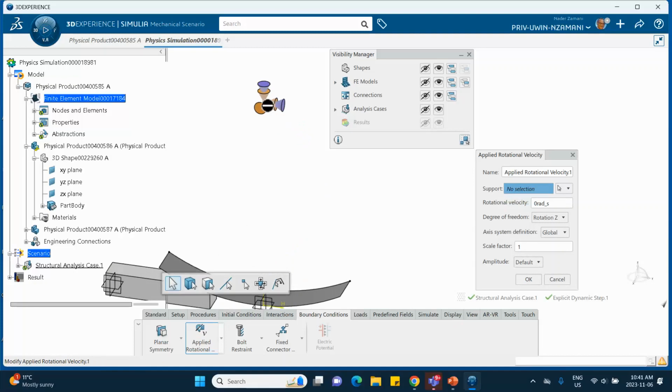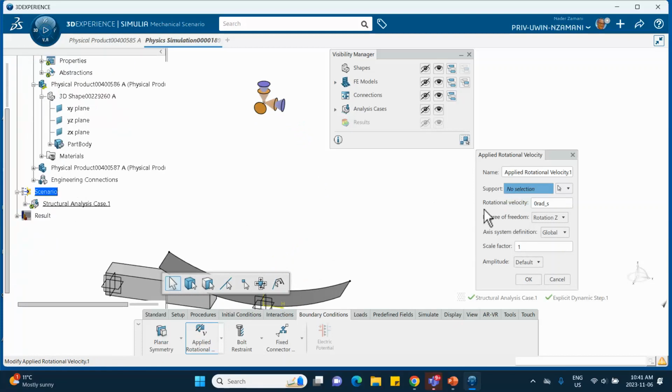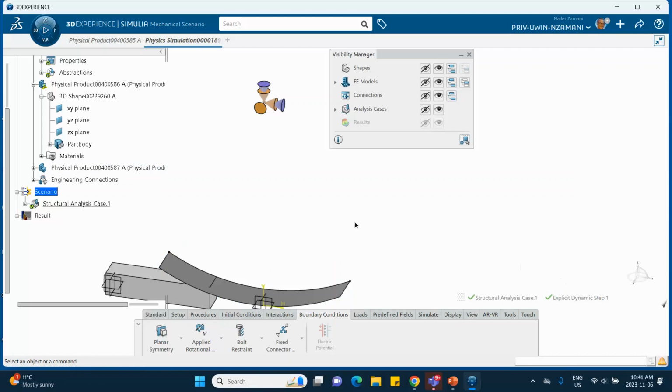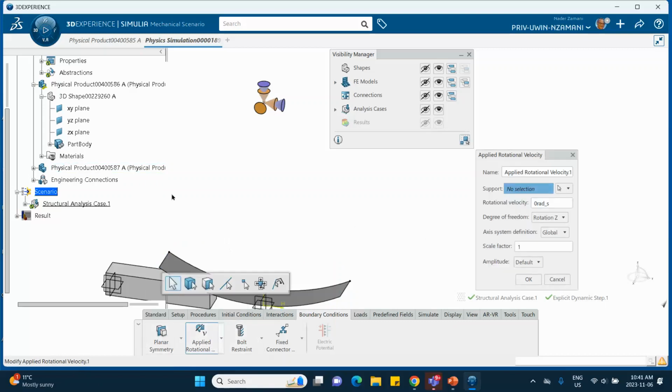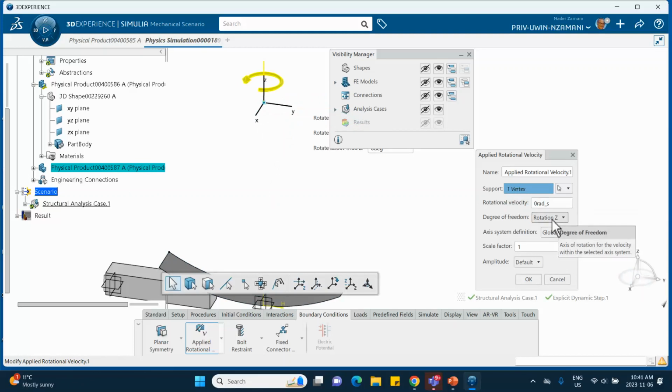If you're having a hard time picking it, you can either hide it or you can just select it from the tree, okay? Or you can select it from here. This is the analytical rigid surface. As soon as you do that, this point is going to be picked. Let's see. Oh, no, not actually. No, that's right. Apply rotational velocity. I'll do it from the tree or hide this and then I can pick it. Okay, that's better. It's about the x-axis